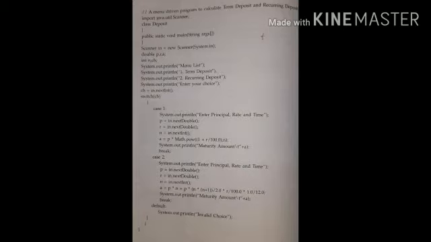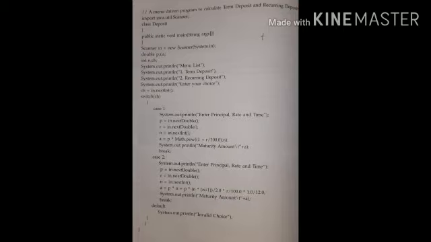Now we can see a program using the switch case statement, and in this switch case you can see that at the end of each case there is a break statement to come out of the case. Otherwise the program will move on to case 2, which is called fall through. So to stop the fall through, we have used the break statement at the end of each case.